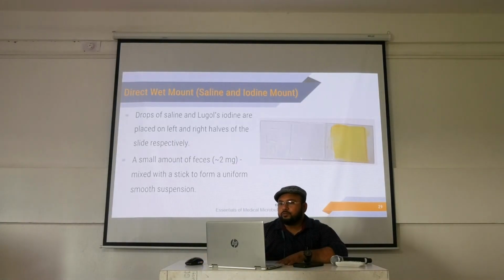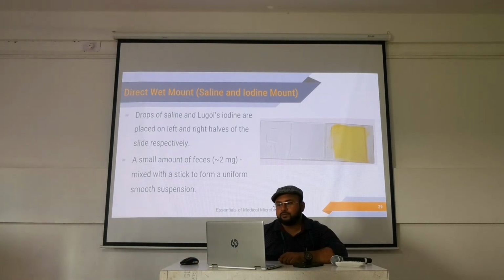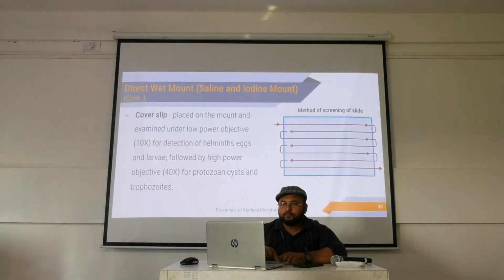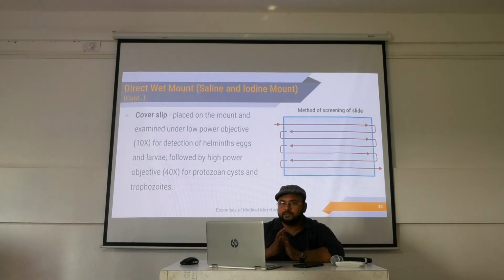Direct wet mount এ আমরা কি করছি, drop of saline and lugol's iodine are placed on left and right halves of the slide respectively. একটাতে আমরা ডাইরেক্ট স্যালাইন দিয়েছি, আর একটাতে লুগোল'স আয়োডিন। A small amount of stool, 2 mg, mixed with a stick and form a uniform smooth suspension. এবারে কভার স্লিপ দিয়ে ঢেকে একটা পার্ট স্যালাইন দিয়ে আর একটা পার্ট লুগোল'স আয়োডিন দিয়ে দেখছি।